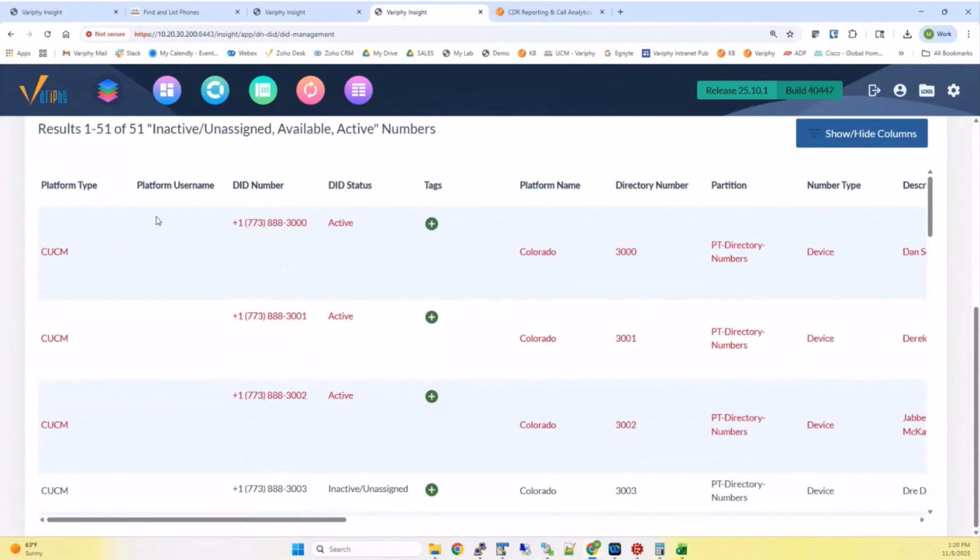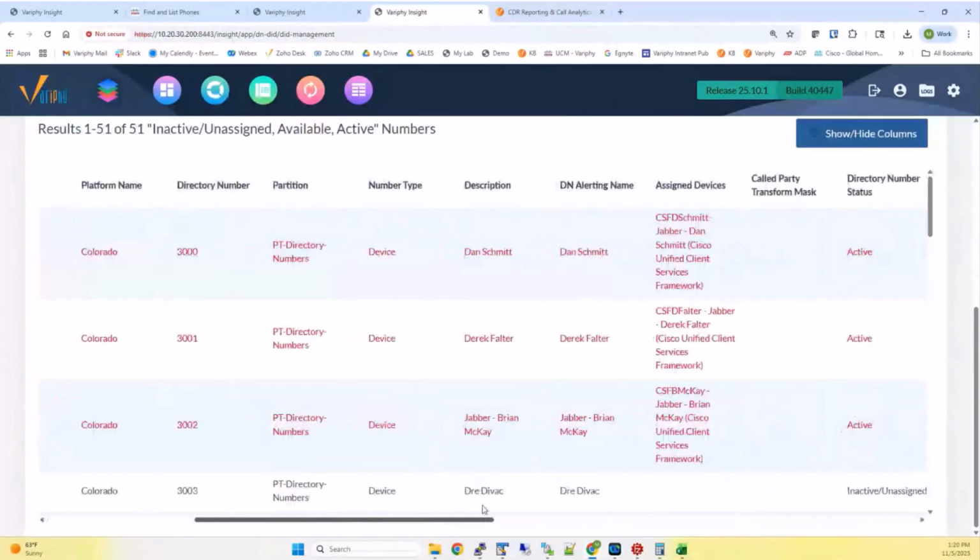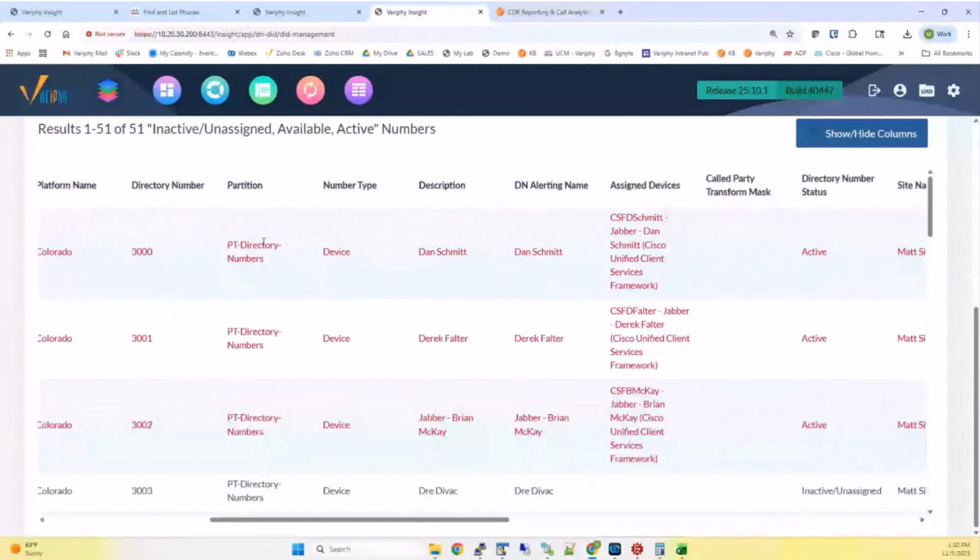But again, we can certainly see what's being mapped here. This is the wrong slider, pardon me. So we can see now, this is going to be for Teams. But again, the platform is Call Manager. We can see 3000 through 3050. If they're red, they are most certainly active, as mentioned here by the DID status option. But then also the corresponding directory number in Call Manager that it's mapping to, the platform name within Variphy, and